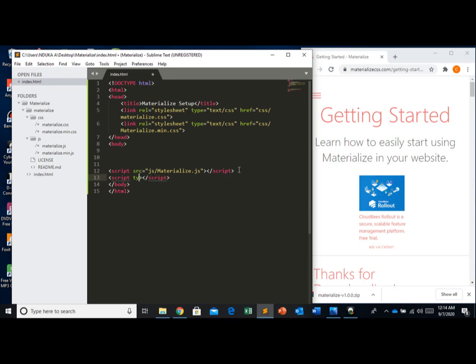I don't need this; what I need is the source. I have another one, materialize.min.js. This one is small. Likewise this, and likewise this as well. So this is how to import